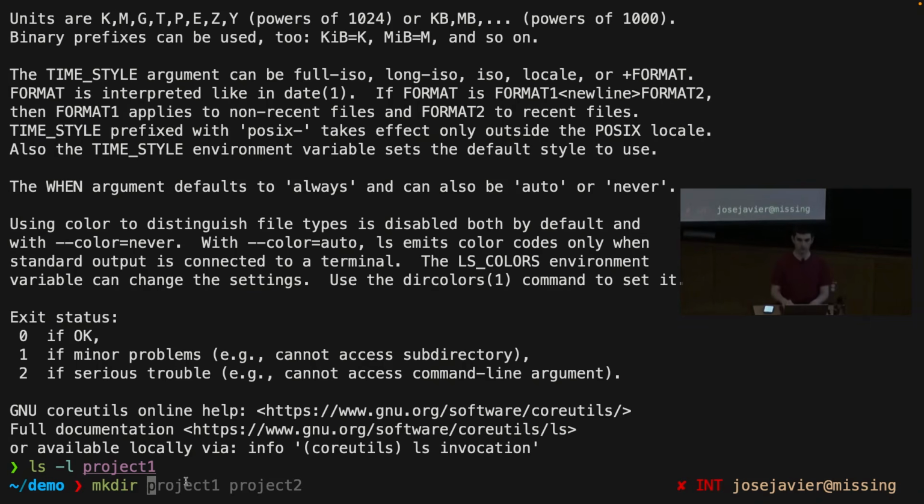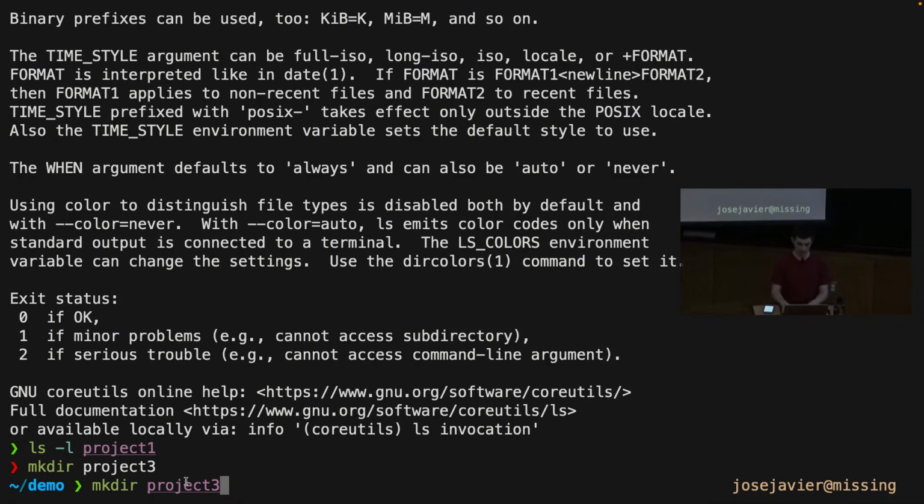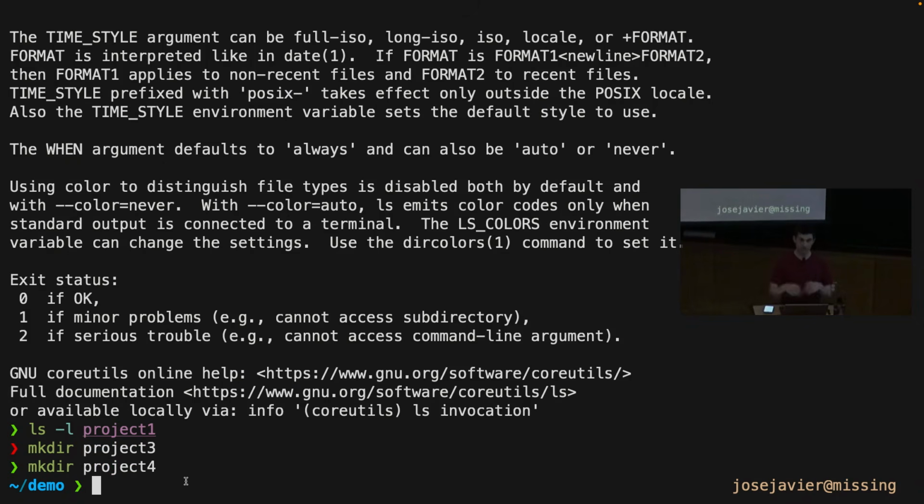mkdir, we can use it to create multiple folders, and we can, for example, create project 3 and create project 4, but instead of calling it individually, what we could have done is just do this. And many programs will accept an arbitrary number of arguments, and they will do the same operation on each one of them. It is not guaranteed, it will depend on the specific program,